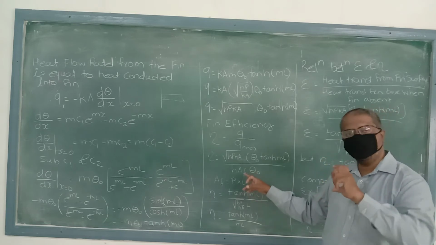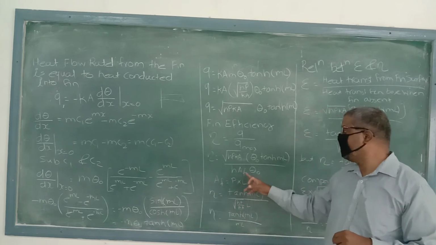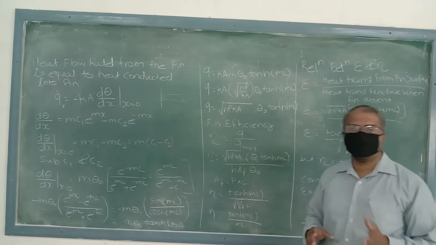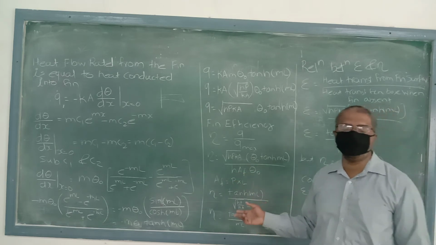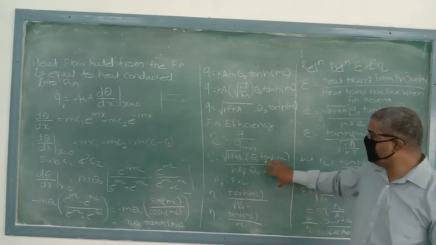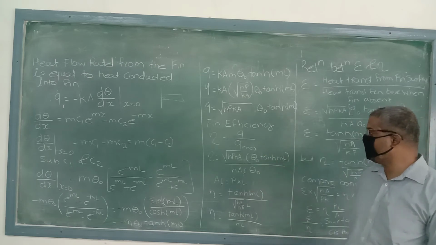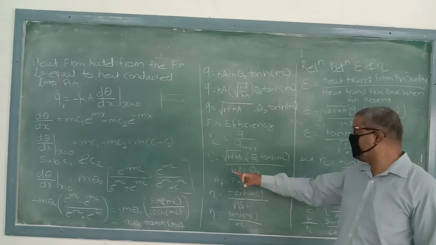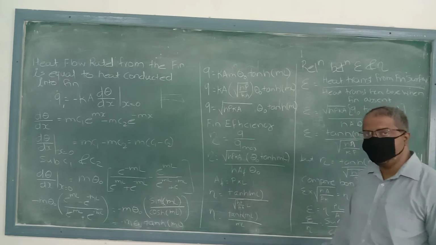the area of that fin, that is the peripheral area, into the length over there. So we get h A_f into θ0. hAΔT we are modifying to h A_f θ0, and this A_f is the perimeter into the length. Now, whenever we substitute these values in this equation, θ0 gets cancelled and this h, this hP by k, we take into the denominator.